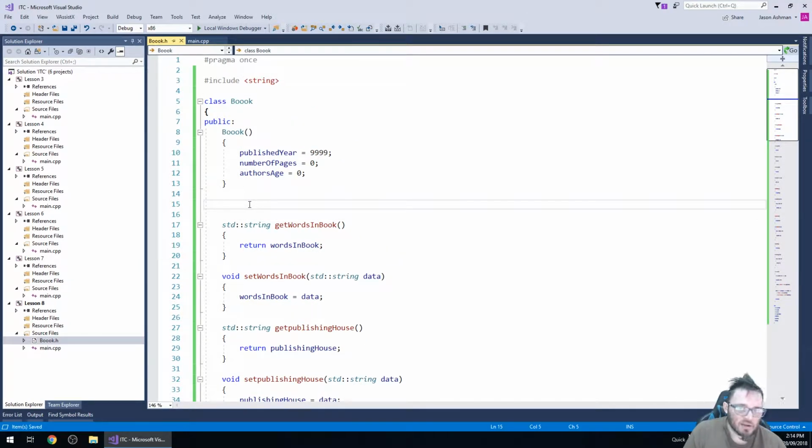Now we're going to give you, the end user, the option that when you construct this object, you give me all my data. Give me the words, give me the publishing house, etc. The way you do this is the exact same way you do a function that takes all these parameters. So book with three O's, and we're going to take a string of words, a string of pub house,